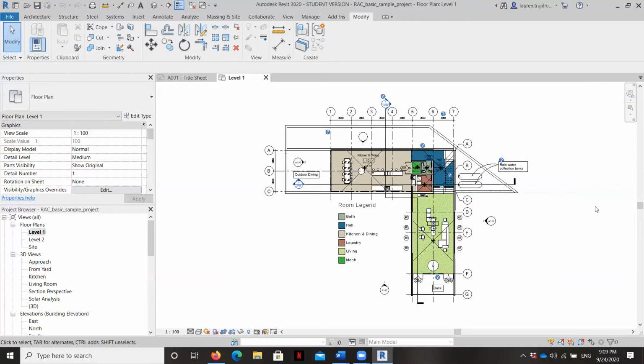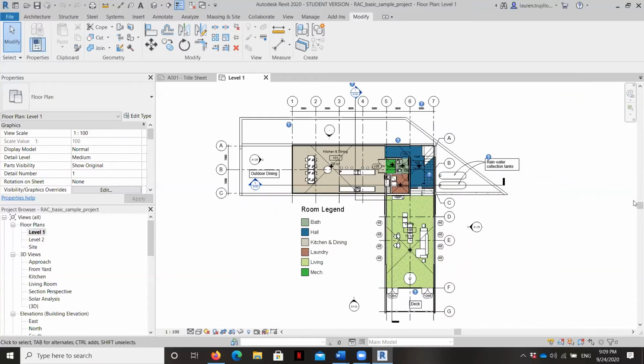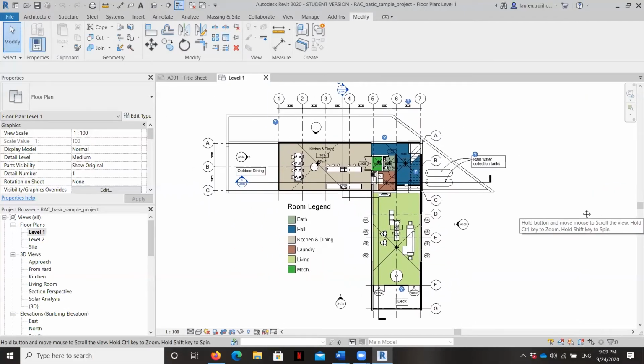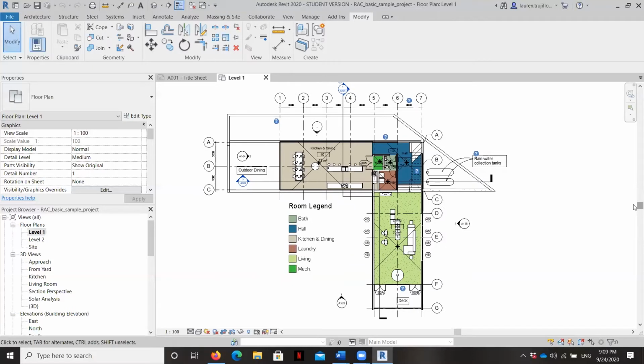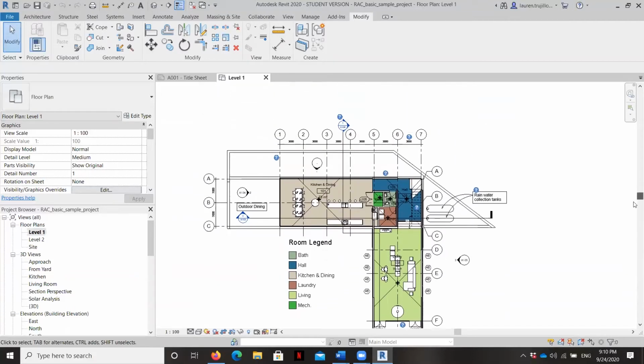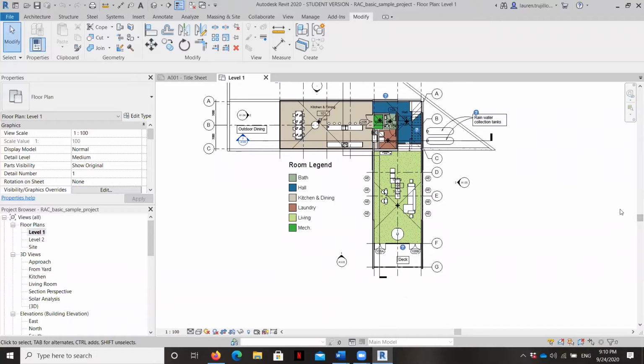You can roll your mouse in and out to zoom in. You can hold your mouse down and pan just like you do in AutoCAD. And then you can use these drag bars or whatever they're called, to drag your view around. Down here, you will see some other selection tools that allow you to grab and move and cut things, but I don't really use these this way either, but you can play around with them if you like.